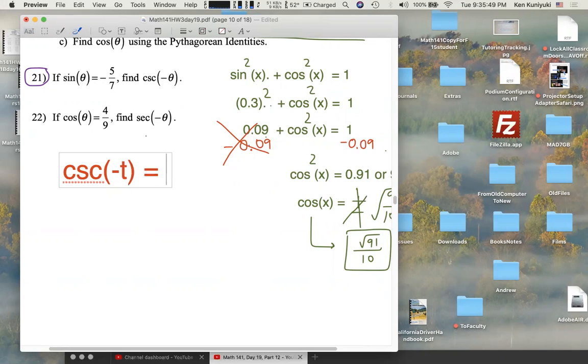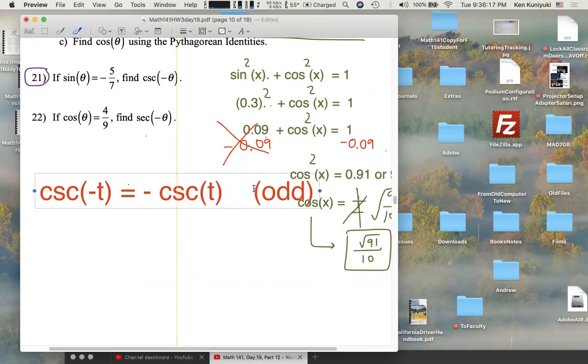Now, first of all, which functions are even, which functions are odd? Only cosine and secant are even. The other 4 are odd. So what happens to this -1 factor in here, this negative sign? Basically, it pops out. So by the odd property for cosecant, cosecant of opposite theta equals the opposite of cosecant